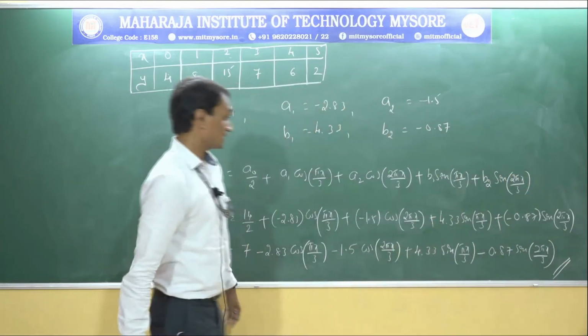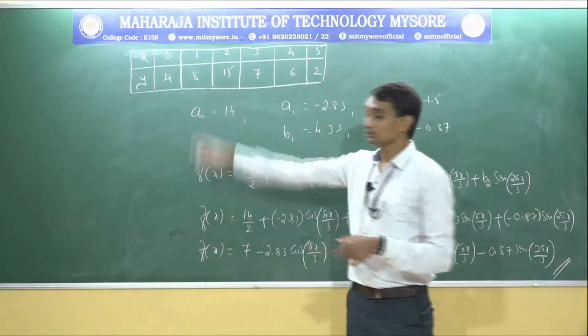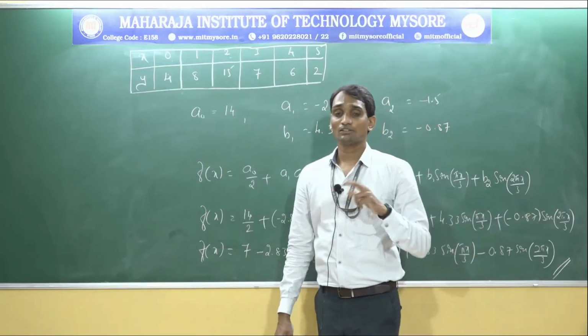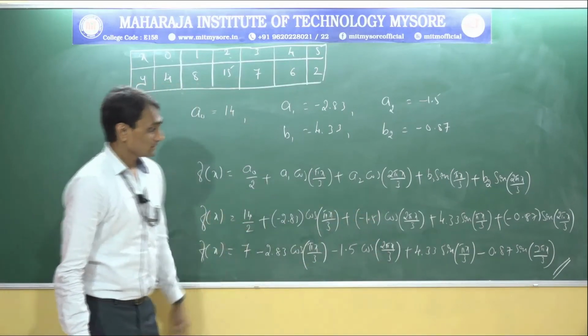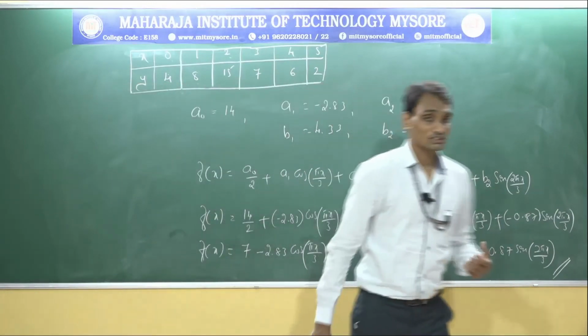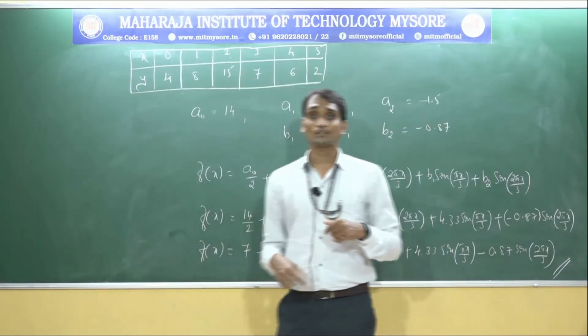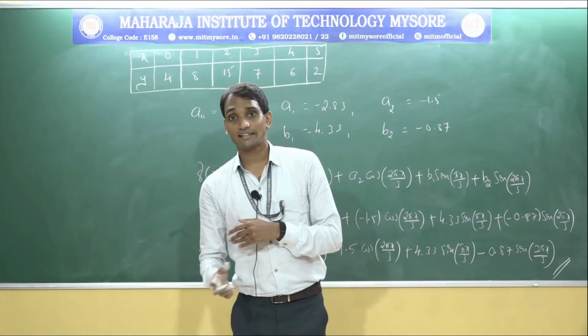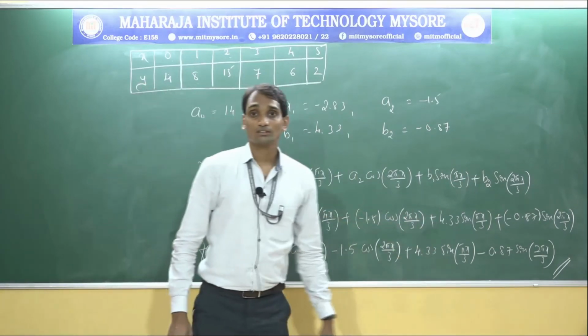This is the second harmonic analysis for the given x and y values, using A0, A1, B1, A2, B2, the values you calculated. Thus, you substituted them in that Fourier series expansion. That is in terms of the second harmonic, not the first harmonic. The nth harmonic can be there, but here the given question is only up to the second harmonic. Expand up to the second harmonic, then substitute all the values.